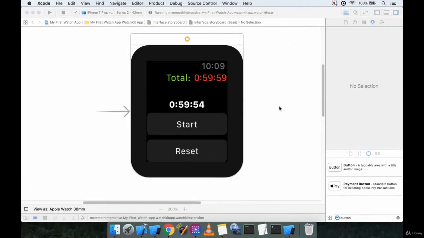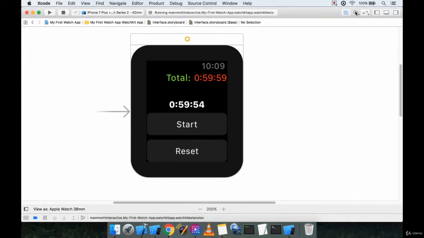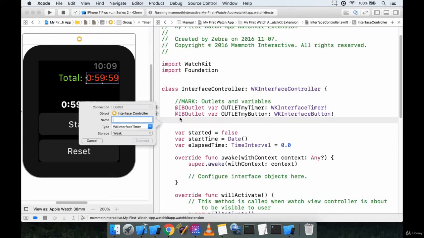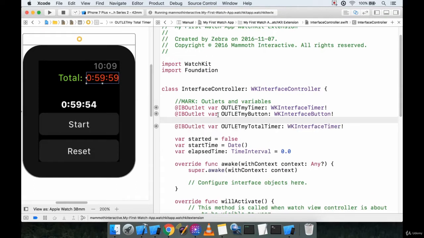Okay, so let's figure out how we can hook this up to our backend code to get our timer working how we intended. So we'll get rid of this panel on the right, open up our assistant editor, and let's go ahead and create a new IB outlet, so interface builder outlet. I'm going to control click, drag it over here, and let's call it outlet my total timer. My total timer, I'll bring that over, and I'll just fix the spacing so it is in the same line